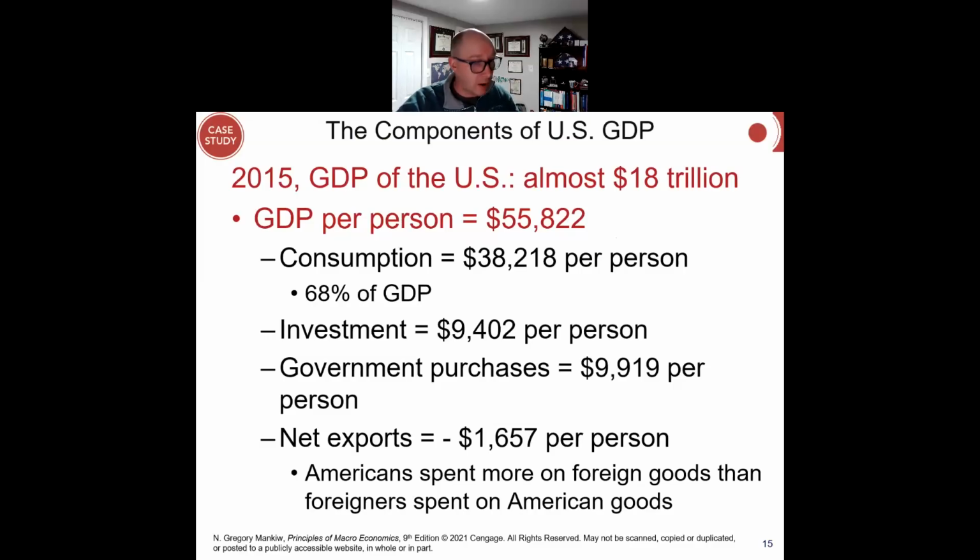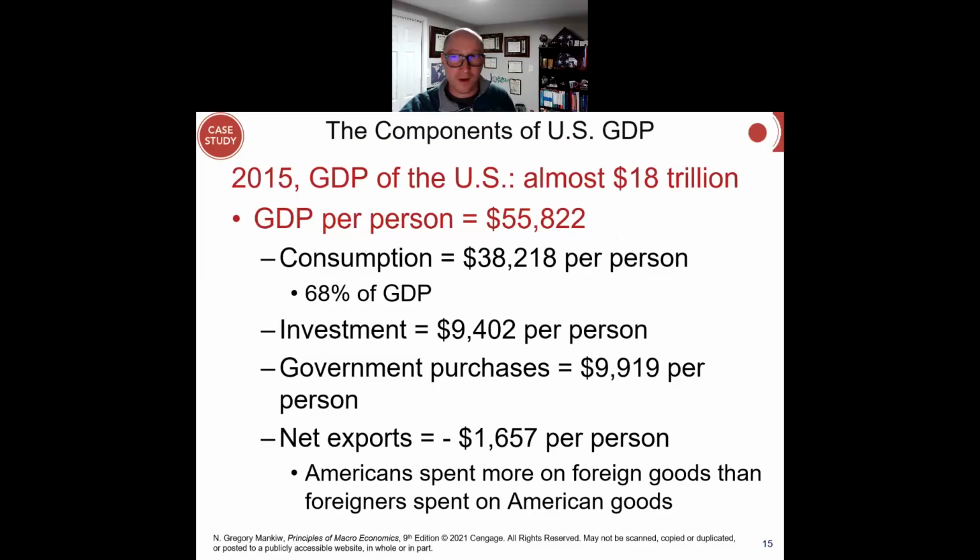In this case, remember, net exports, we take exports minus imports. In this case, clearly during the year of 2015, our imports were greater than our exports. How do I know that? Because this number is negative. Okay. It says minus